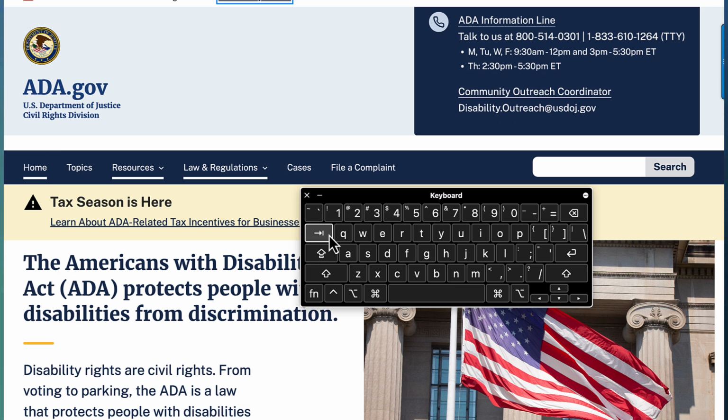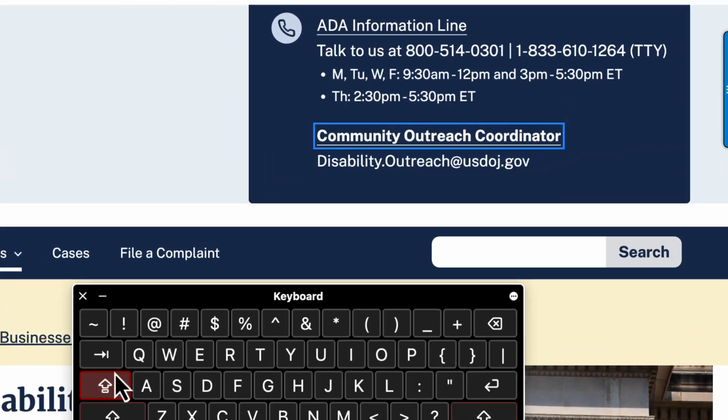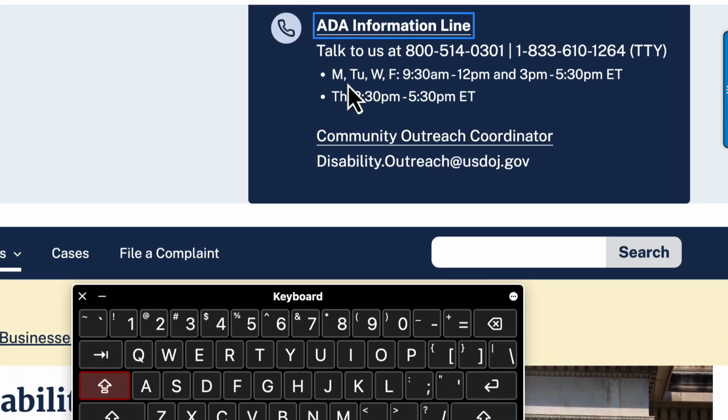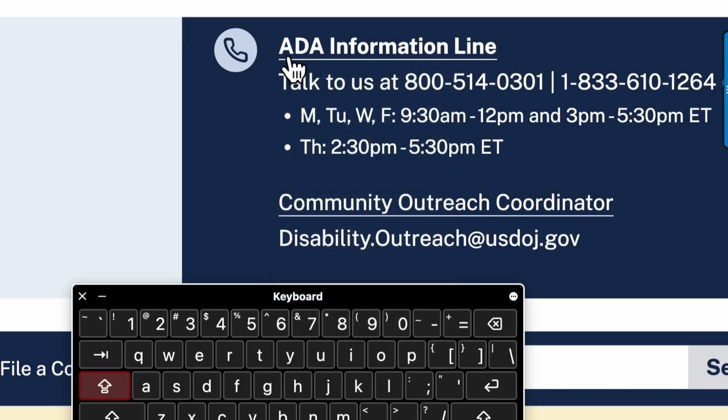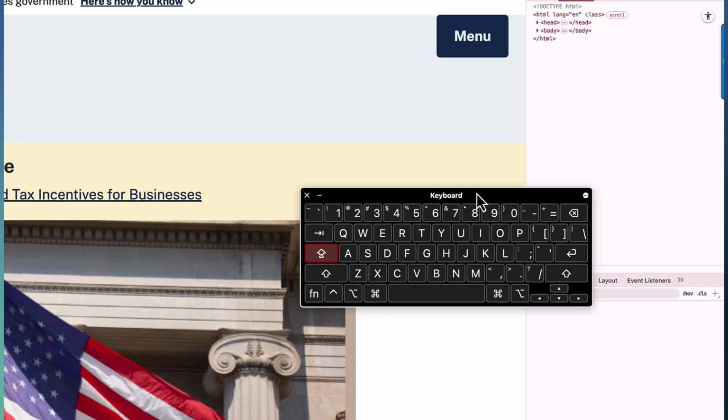Okay, so we want to test the focus indicator of this website called ada.gov. I'm going to start pressing the tab key and go through its interactive elements, and you notice how there is this blue outline when the interactive element is selected. Now, this is really good. We're going to zoom in and inspect the element. Basically you have 2 choices to test the color contrast. You can either inspect the element and take its color value, or you can use a color picker and get the color value this way. Now, the WCAG recommends that you actually inspect the color value. So what I usually do is right click, inspect.